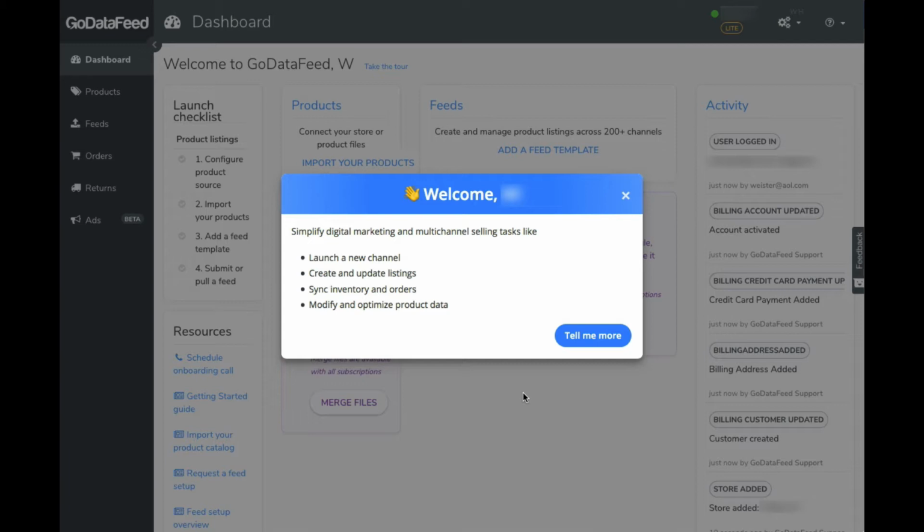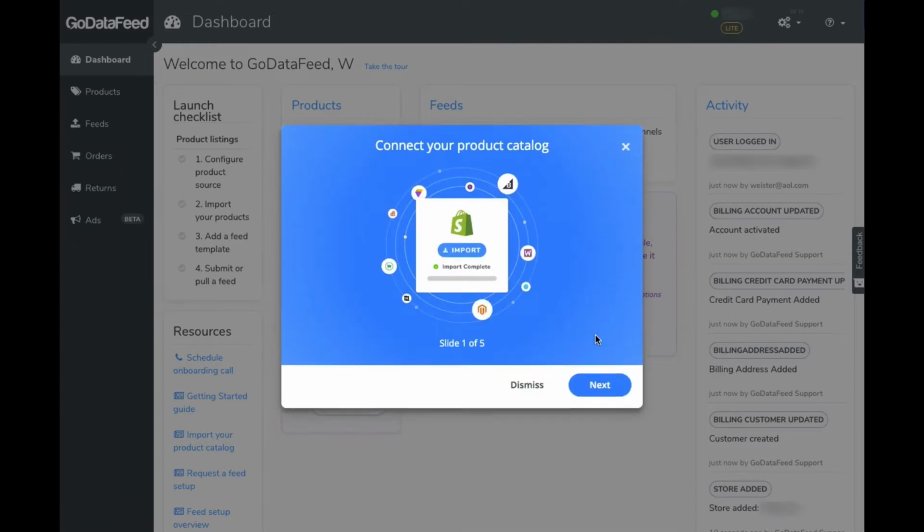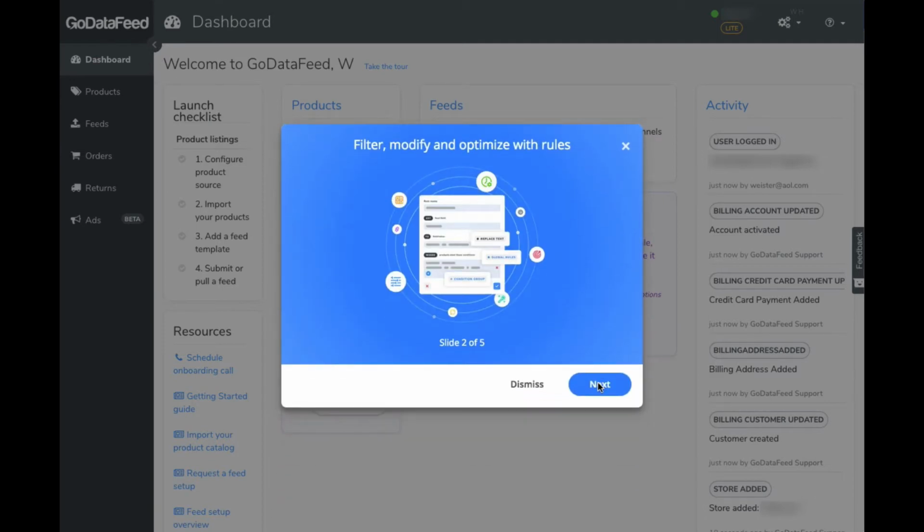Okay, so what does GoDataFeed.com do? Simplify digital marketing, multi-channel selling tasks like launch a new channel, create and update listings, sync inventory and orders, modify and optimize product data. Okay, and let's go, tell me more. Do I hit that? If I hit that, what happens? Oh, it takes me to this, connect your product catalog, like my Shopify, for example, and then filter and modify